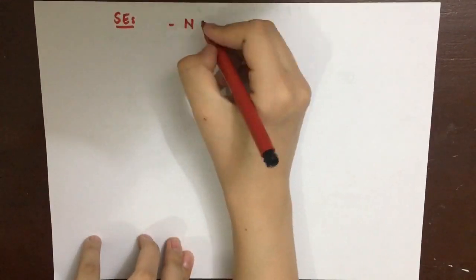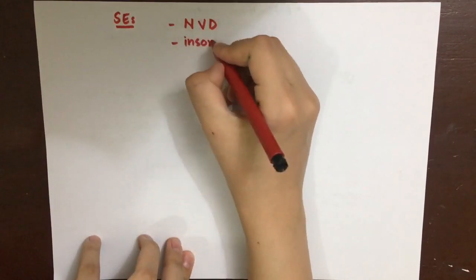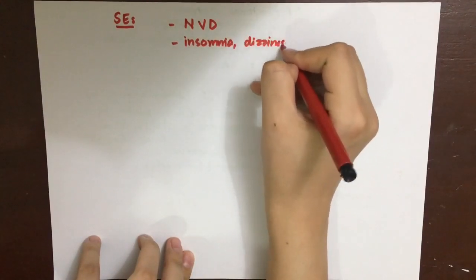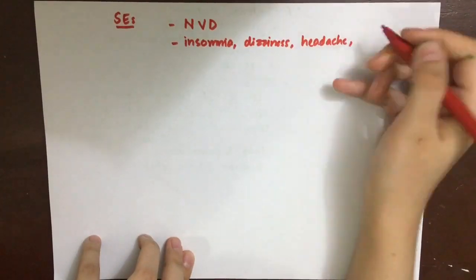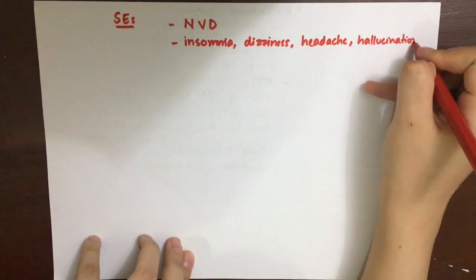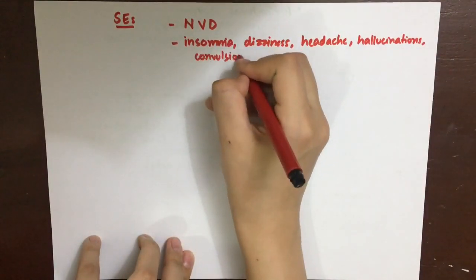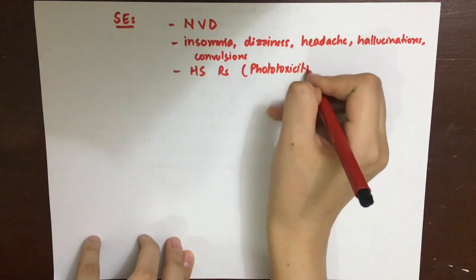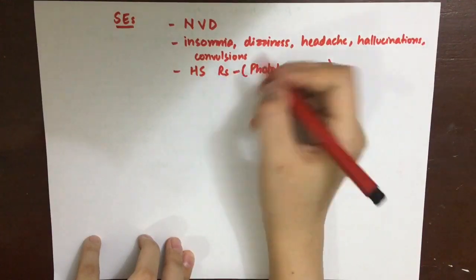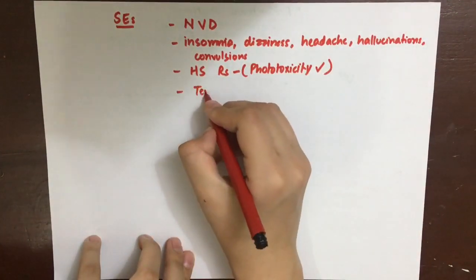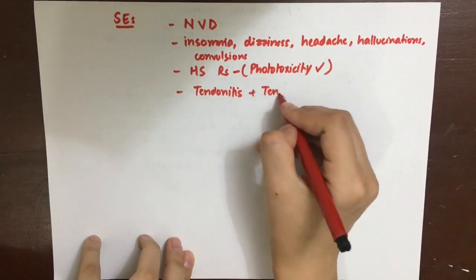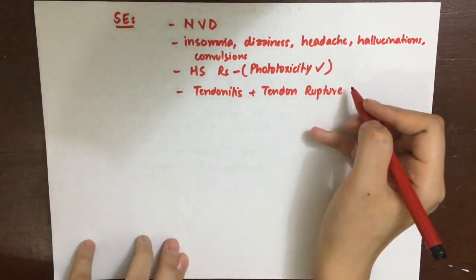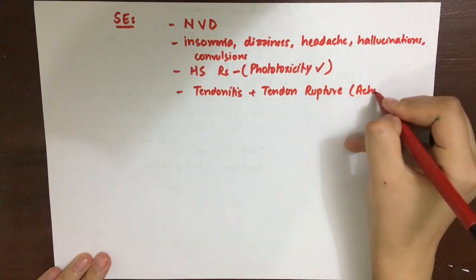Lastly, their side effects are mostly associated with the GI tract, that is nausea, vomiting, diarrhea, and discomfort. CNS effects can include headache, dizziness, hallucinations, and even convulsions. There are also hypersensitivity reactions, and phototoxicity is also there, just like sulfonamides. A classic side effect is tendinitis and tendon rupture, especially in athletes,